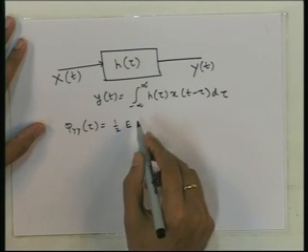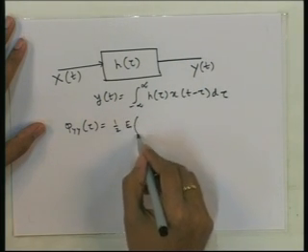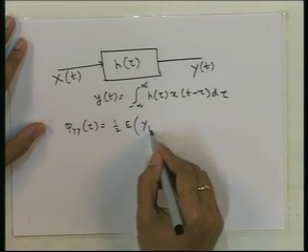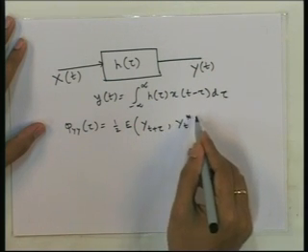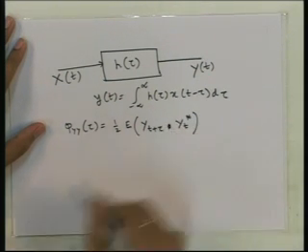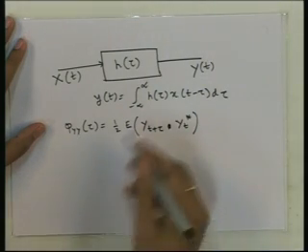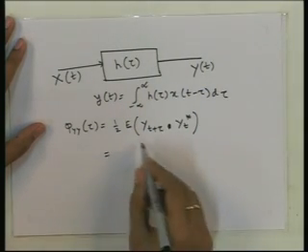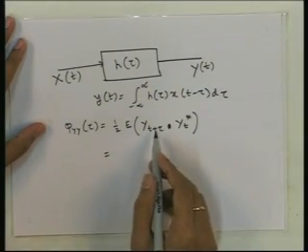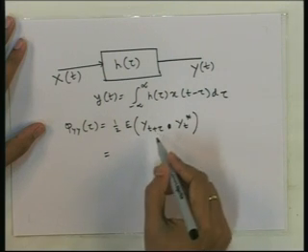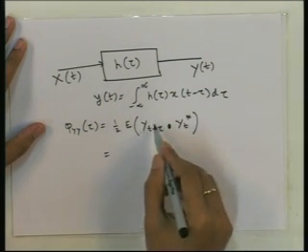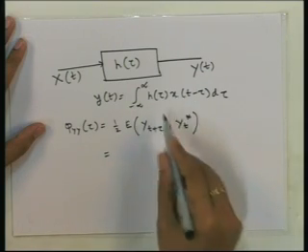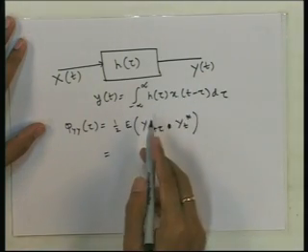It is the expectation of y(t plus tau) times y(t) conjugate, this is the product. Once we write this expectation in terms of the integration, each one can be written in terms of this integration, and then we get